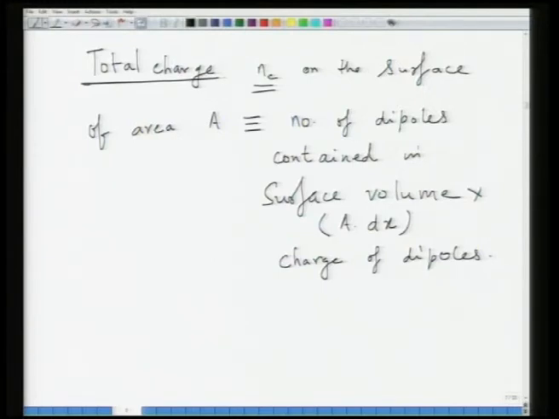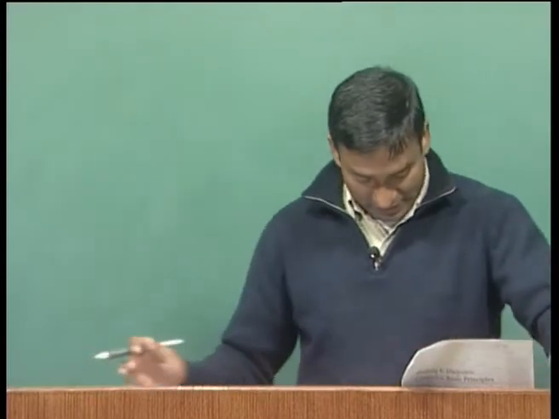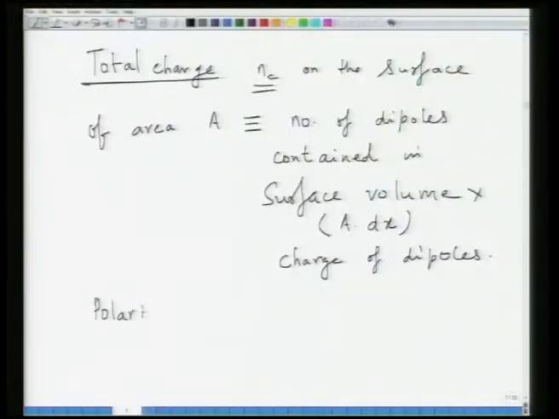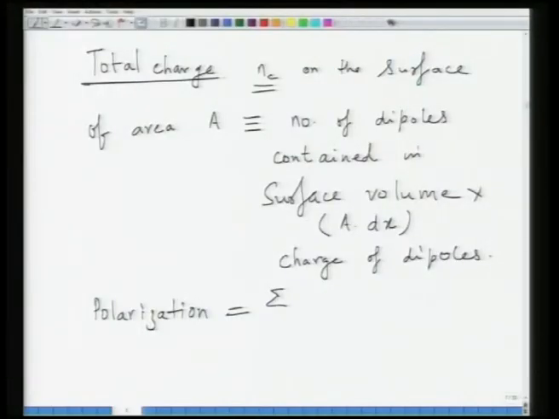So, now what is this? This is nothing but equivalent to one layer of surface charge on the surface of the capacitor. So, assuming that we have a homogeneous distribution of dipoles on the surface, we can calculate the total polarization. Total polarization will be nothing but total dipole moment divided by the volume. So basically, sigma, the sum of all the surface dipole moments, sigma mu s divided by V s.